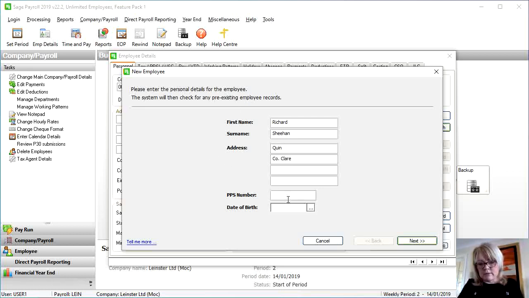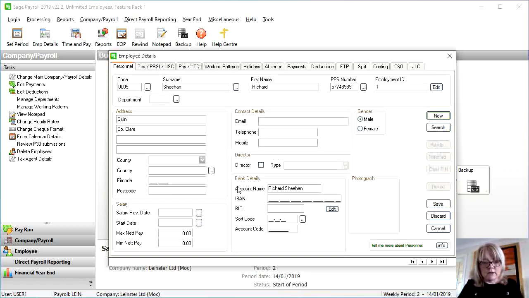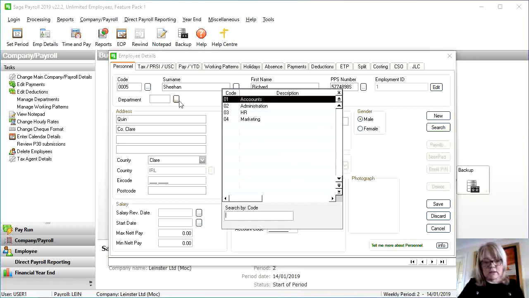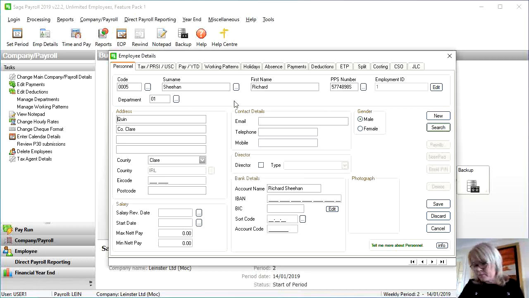So I'm given a PPS number, and just to pop that in there, 4898. Yes, and oh, sorry, I put that in the wrong field. I'll just Control X that out and pop it in here. And click next. So again, just to go through the setup, this is Mail, and it's County Clare. The department for this employee is Accounts, so just to select that there, Accounts,